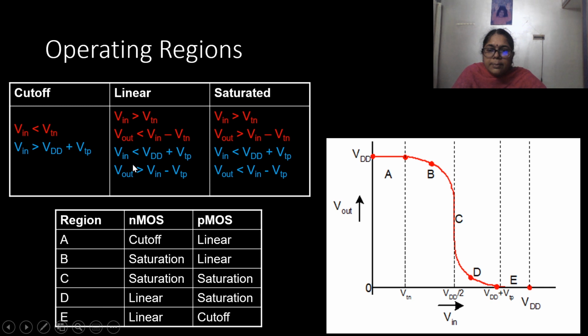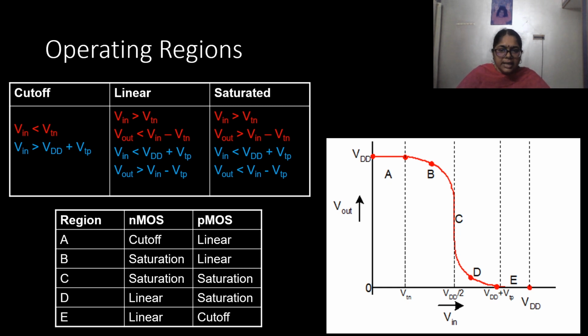So, based on the basic concept, like the conditions when the pMOS and nMOS transistors are in cutoff, linear and saturation region, we come to know in which region of operation the pMOS and nMOS transistors are in these A, B, C, D, E regions. Region A,